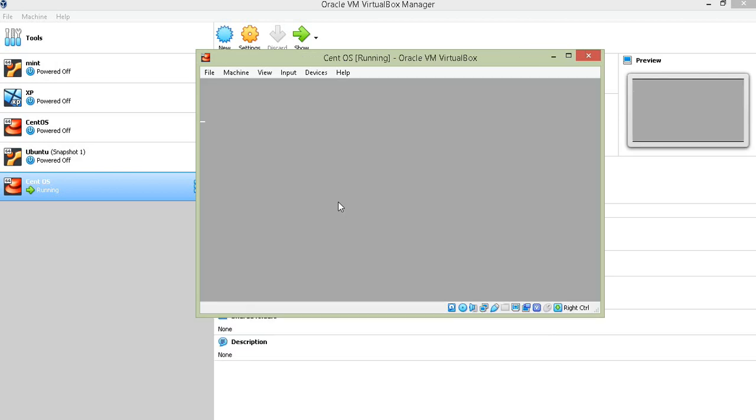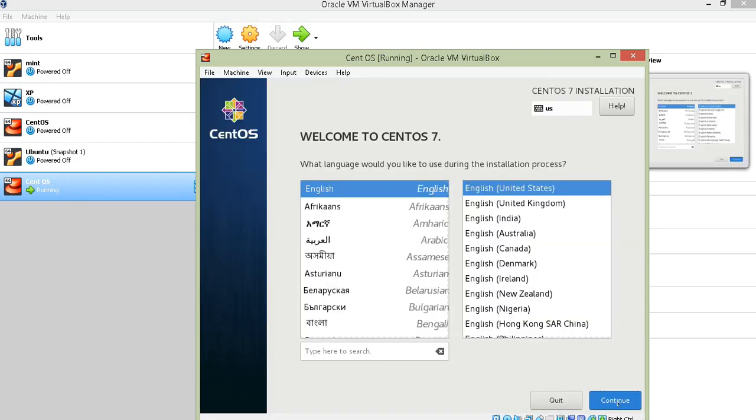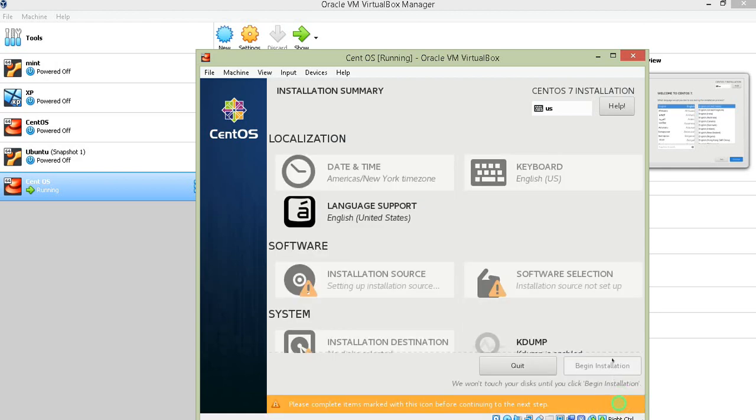Okay, we click install operating system, hit enter. Okay, now from here I can select the English language. I press continue,